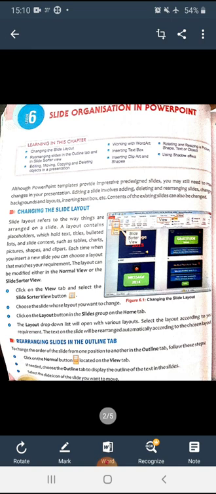Now, welcome back to your computer class. We will be starting the next chapter, chapter number 6, slide organization in PowerPoint. In this chapter you will learn how to change the slide layout. Slide layout we have discussed in the last chapter.